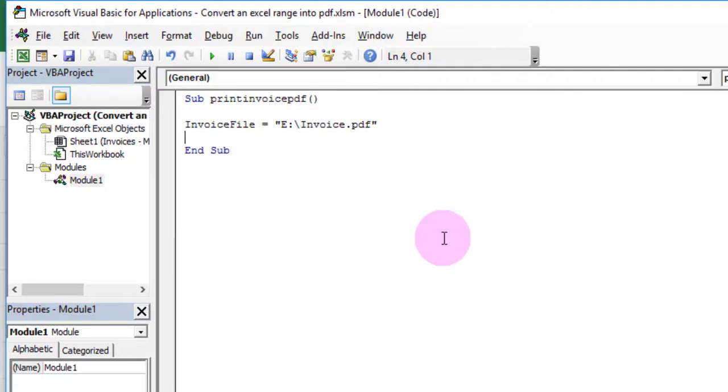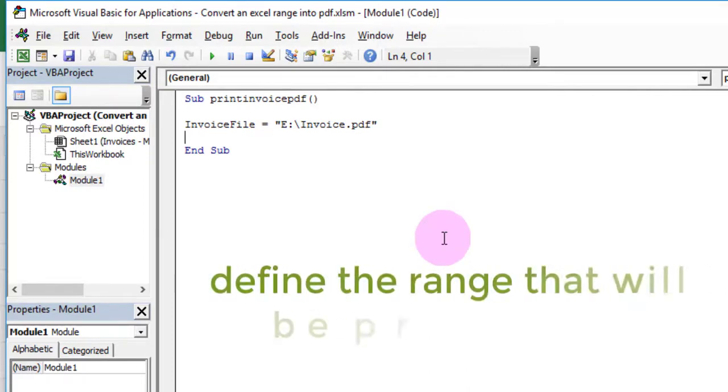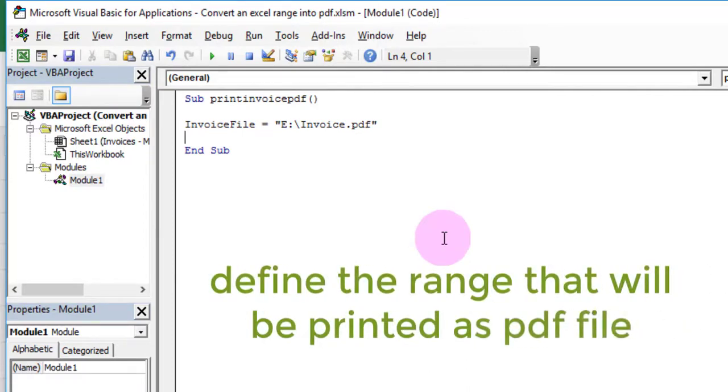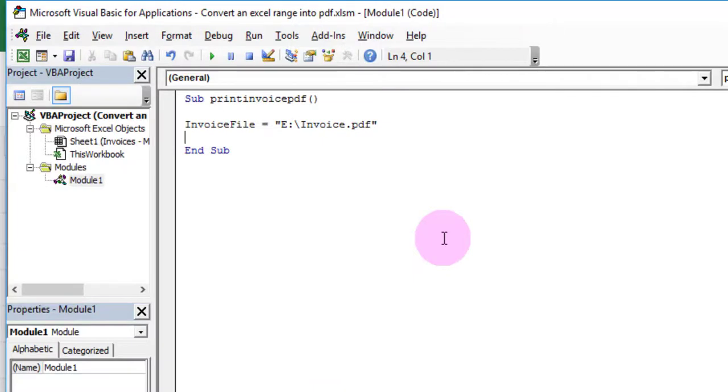As a second step, now you need to define the range that will be printed as PDF file. Start with the Set keyword followed by the variable name. Use the VBA hierarchy to define the range.